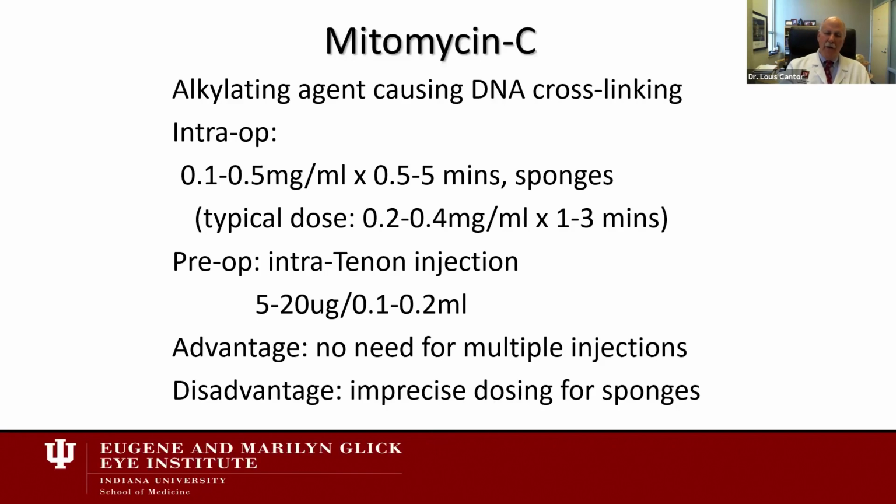If someone has a very low risk for failure, or someone I want to be conservative with, then maybe I'll shorten the time and only leave it on for a minute. But these are all individual decisions that are made with whatever experience you have with these medications based on your technique. You can also deliver this by subtenon's injection